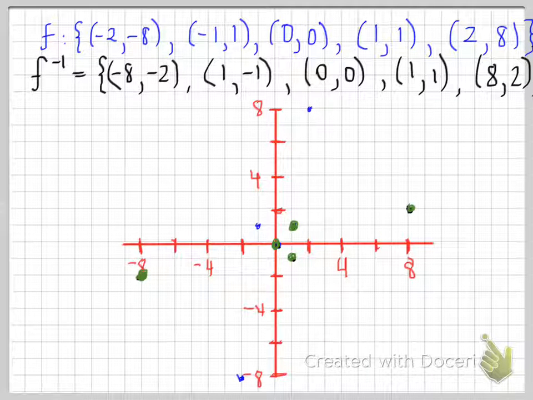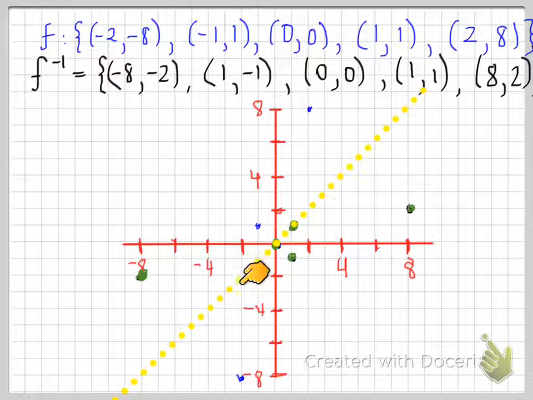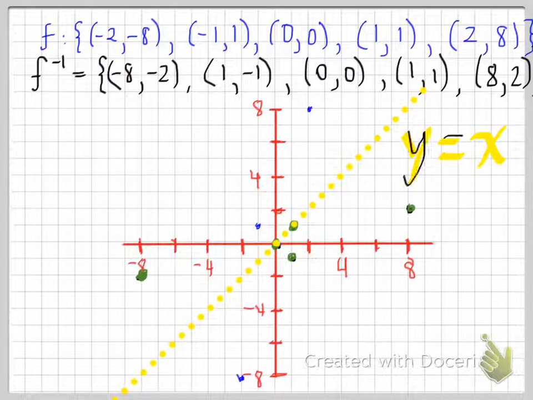But let's look at some more parts that are important. For example, if I drew a y equals x line, that would be this yellow dotted line here. This y equals x line, remember, is our mirror. It actually indicates where the blue and the green are reflections of each other. Let's look at the first one. For example, looking at these, on the y equals x line, we can see that the points, the coordinates, have very special features, and they are